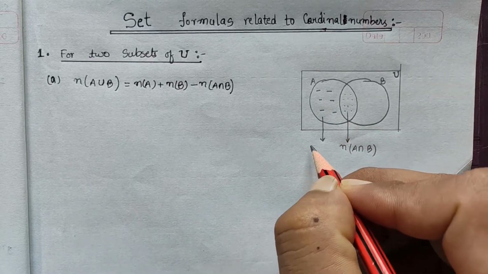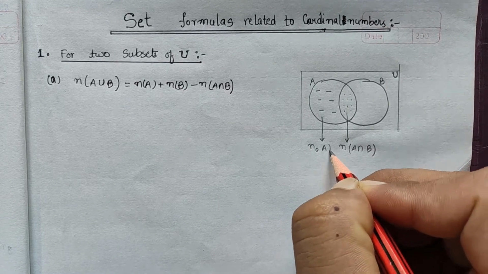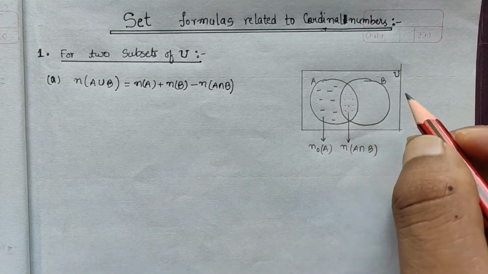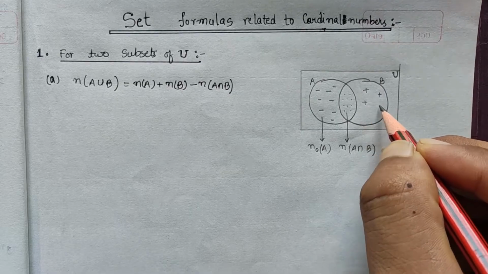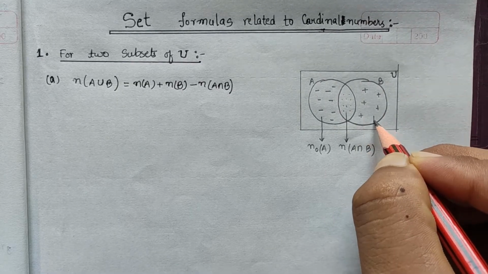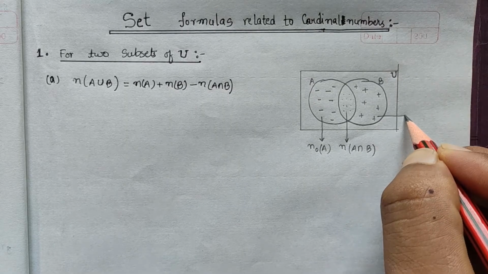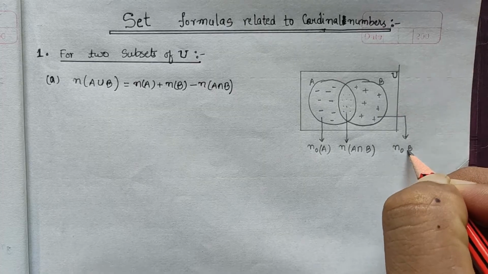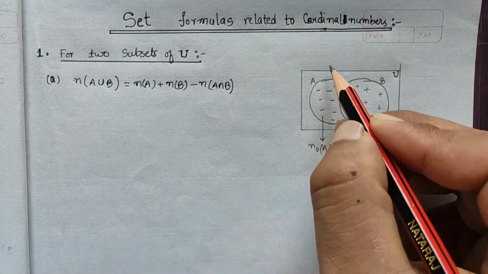This one is n(only A), is not it? This dashed part is n(only A), and this plus sign part is n(only B). So I will show it here, n(only B). Okay, and this part is